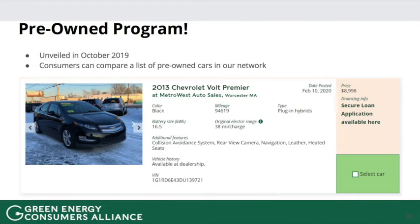So I will talk a little bit now about the Drive Green program. As I mentioned before, we have a network of dealers who offer pre-negotiated discounts on a monthly basis. I first want to highlight though that we also now feature pre-owned vehicles. So we launched this feature basically right before COVID hit, but basically the dealers in our network, if they have